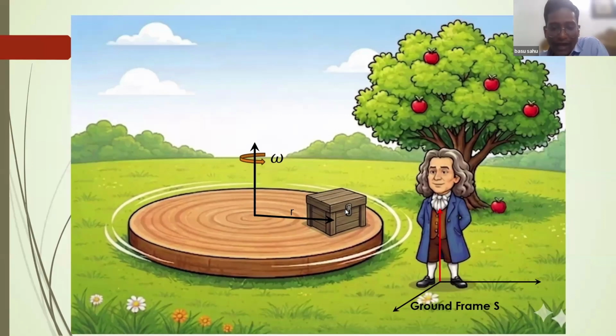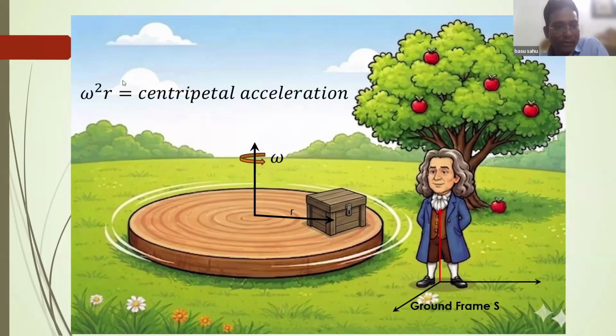That means to move any particle in a circular path, we are well acquainted with the concept, a centripetal force is required. Centripetal force always acts towards the center, independent of the position in the circular path. Is it clear to everybody? Obviously, it will be clear. There is no such important concept behind this, but it will become an important concept. This omega square r is basically the centripetal acceleration. Fr is basically the centripetal force.